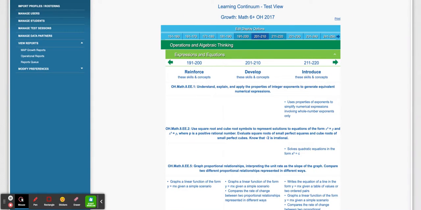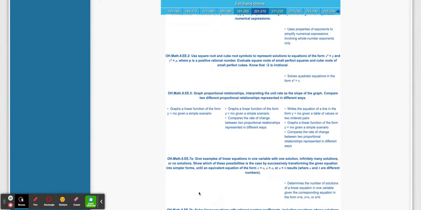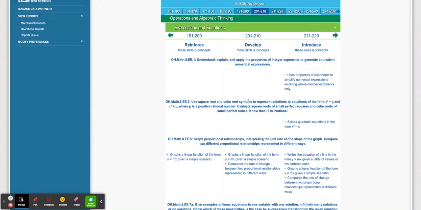So as you plan, you need to think about where the bulk of my kids are when it comes to operations and algebraic thinking. And that information comes on your class report when they break it down by domain. So if I am starting expressions and equations and I need to look through the 8th grade standards of what's coming up, and I know that the bulk of my class is in the 211 to 220 range, this lets me know what I need